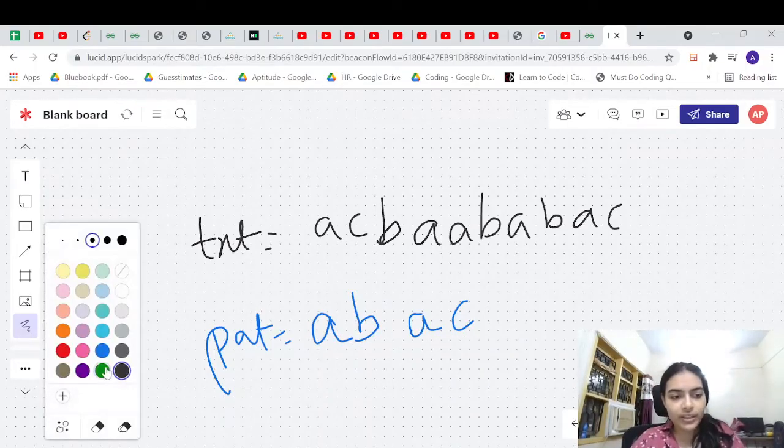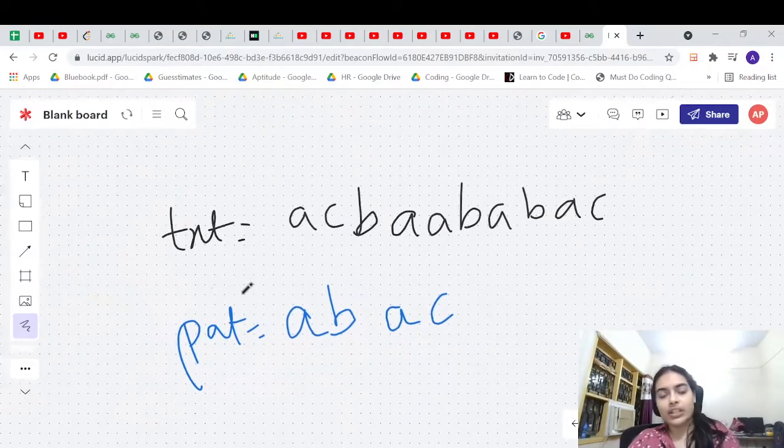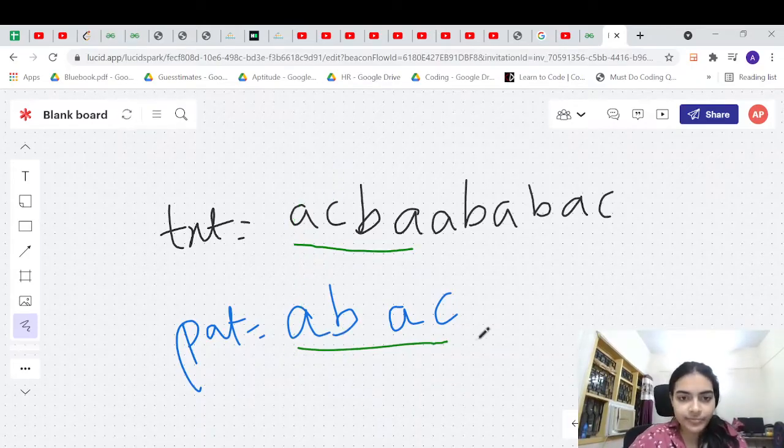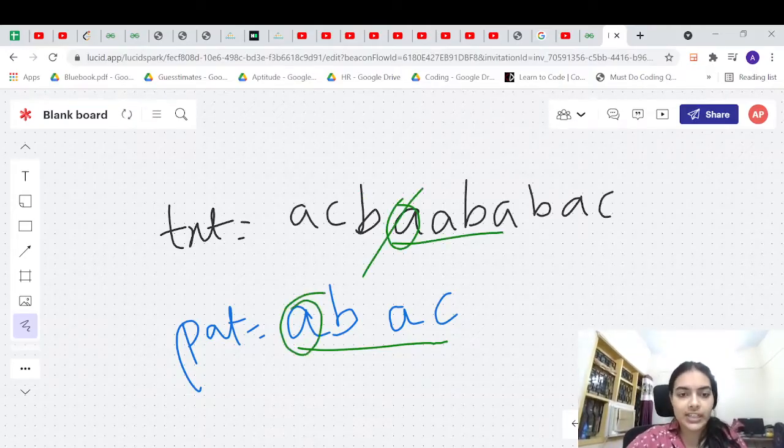The naive or brute force searching algorithm is very simple. You take ABAC and compare it with these four characters. For example, the first characters match, but here C and B don't match. So in this case, you will try to compare these four again with these four. In this case, the first characters themselves don't match, so again you compare these four with these four. In this case also the first characters don't match, so you go forward and compare these four with these four. The first characters are matching but the second characters are not matching, right?